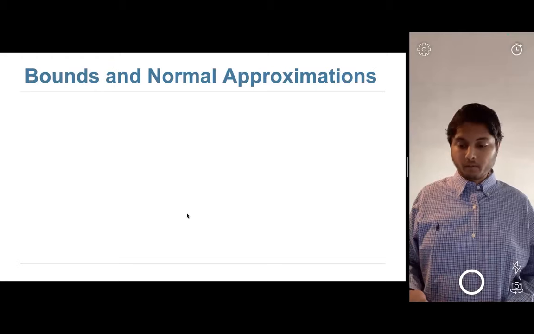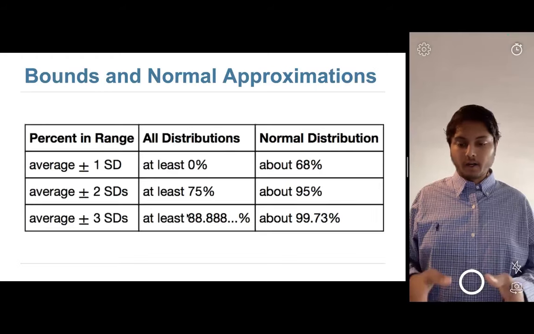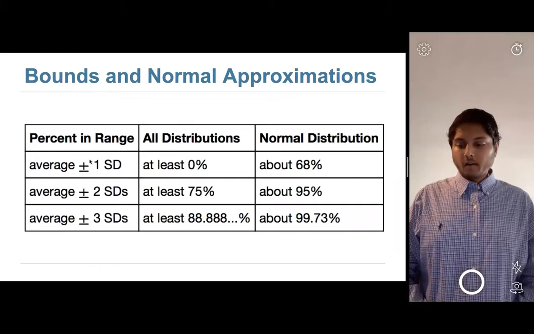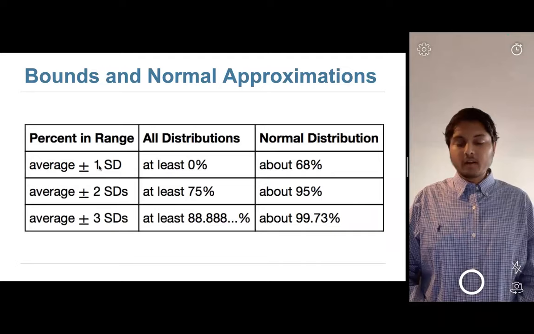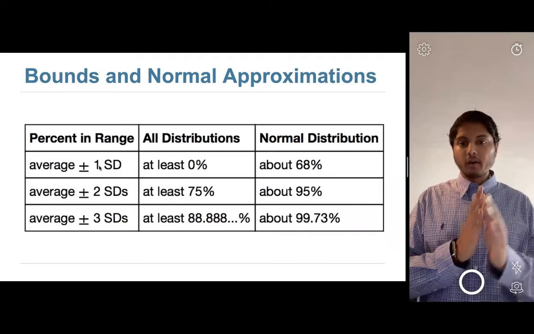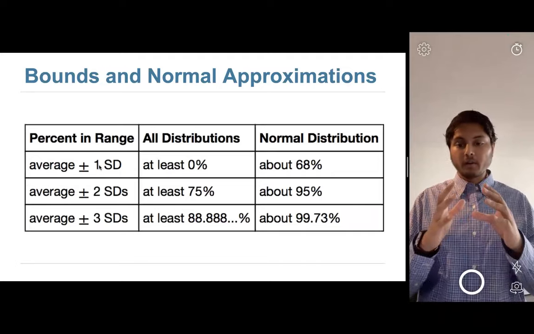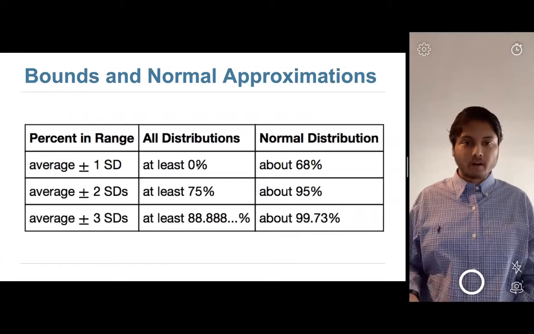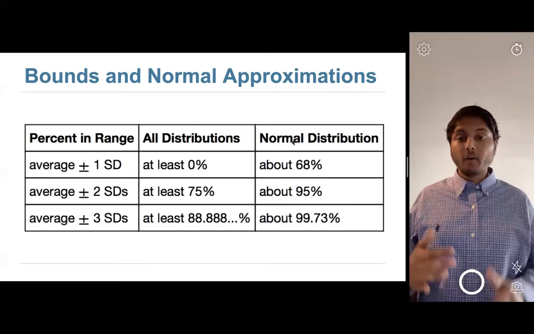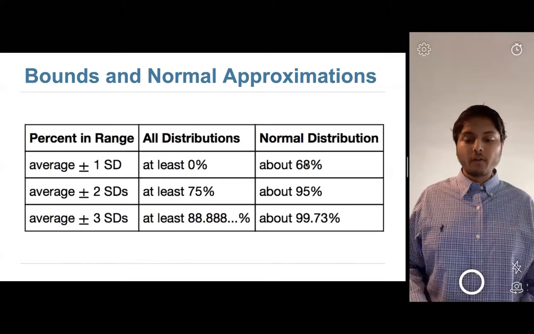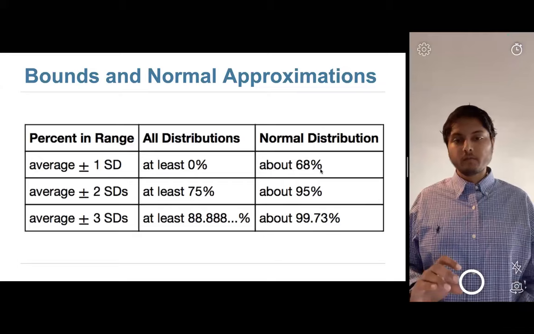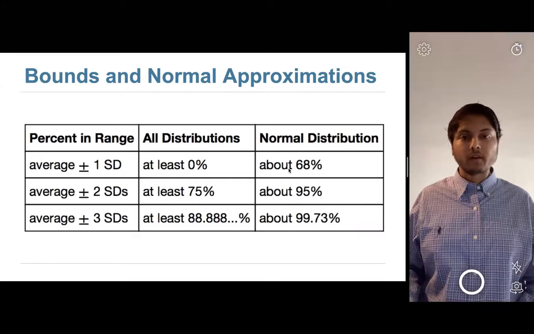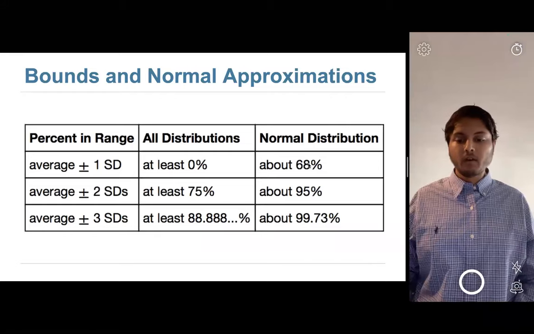And if we're being really specific about it, this is actually what the numbers break down to. So if you want to know how much data is within 1 standard deviation of your average, so 1 standard deviation above or 1 standard deviation below, how much data is within that? If you use Chebyshev's inequality, the answer you would get is at least 0%, which is not very helpful. But if you know it's a normal distribution, then you know that it's about 68% of the data. Roughly, we're saying about not because the number is unknown, I'm just rounding, but it's 68% of the data. And then